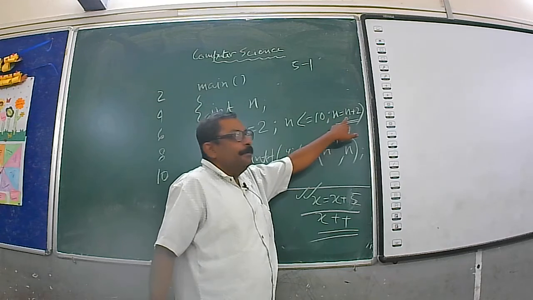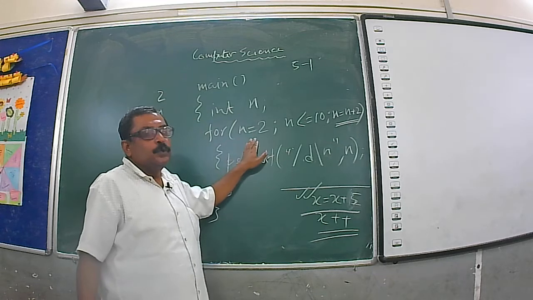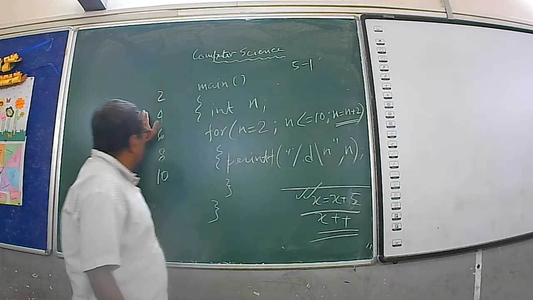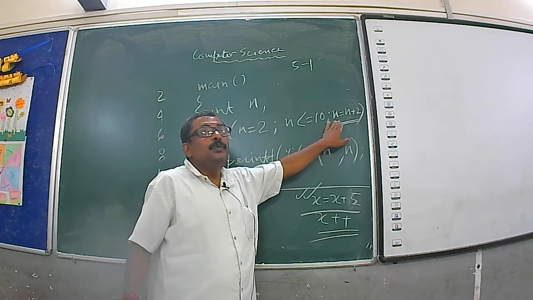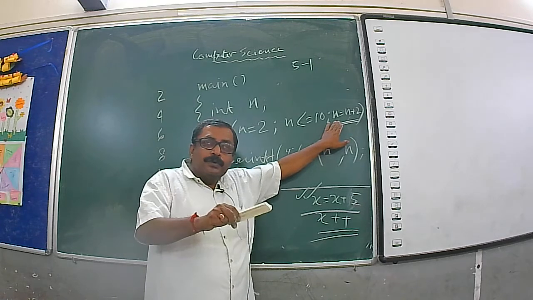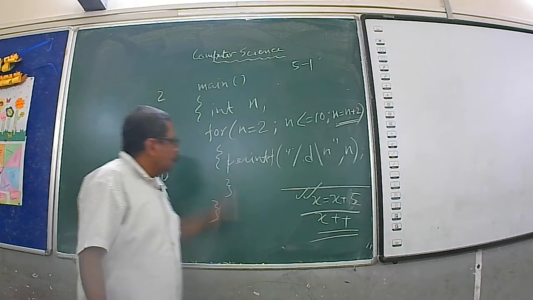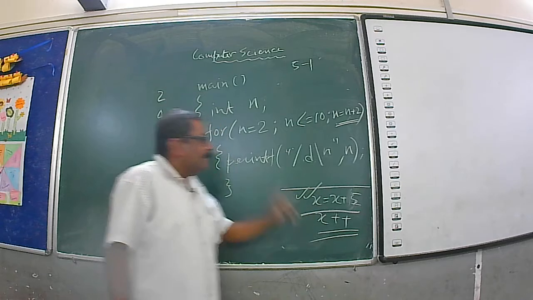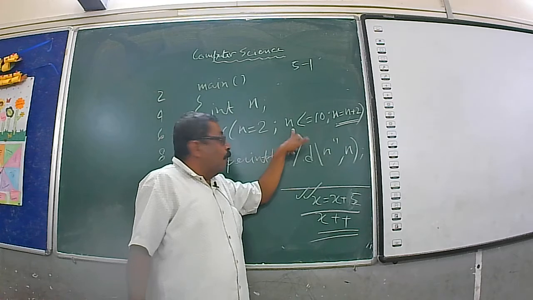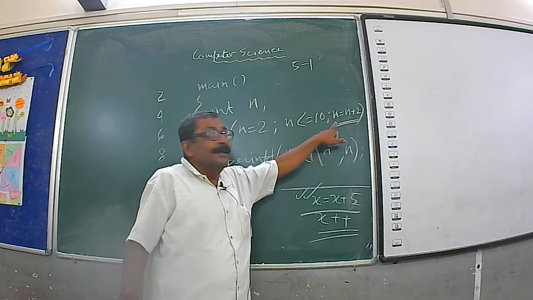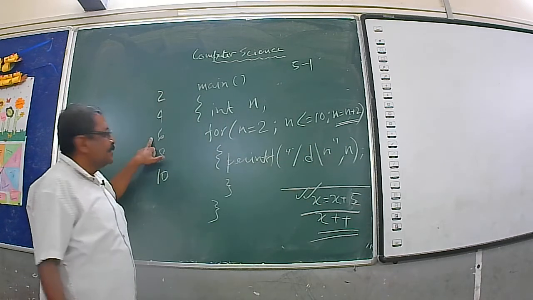So, n is equal to n plus 2, that means the value is incremented by 2. First time, that is initialization, 2. 2 will be printed. 2 less than or equal to 10, true. n is equal to n plus 2. Previous value was 2, now it is 2 plus 2 is equal to 4. So printf percentage d backslash n, that means value of n is 4 right now, 4. 4 less than or equal to 10, then here 4 plus 2 is equal to 6. 6 will be printed.